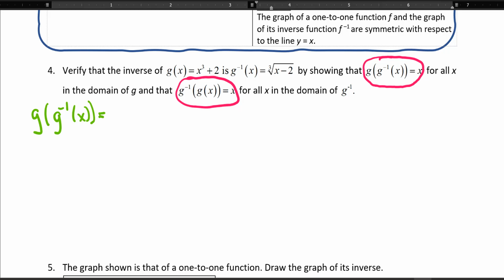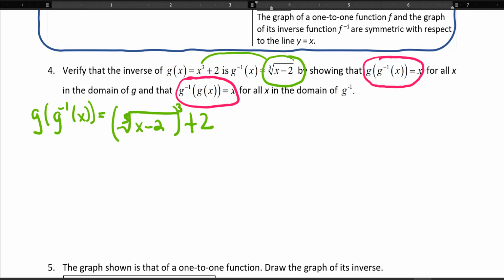We're going to work the innermost function first. So we're going to take the cube root of x minus 2 and substitute it into the other function for x. So we have the cube root of x minus 2,